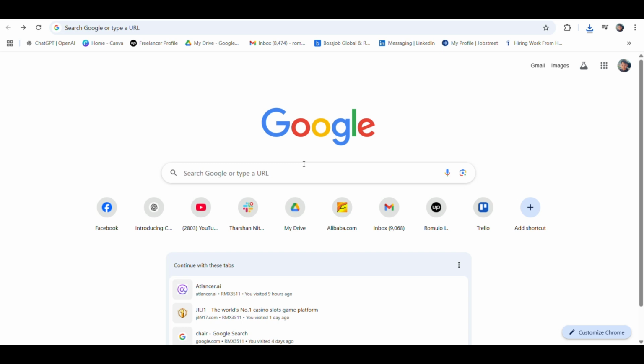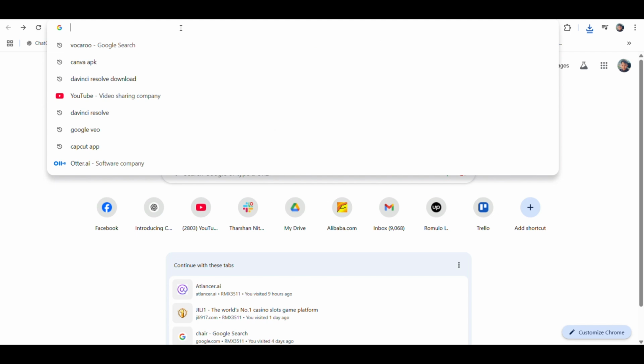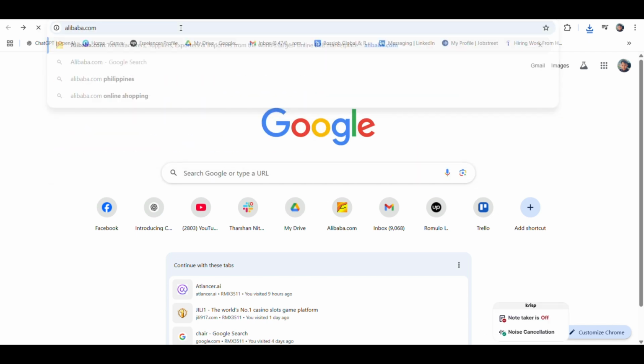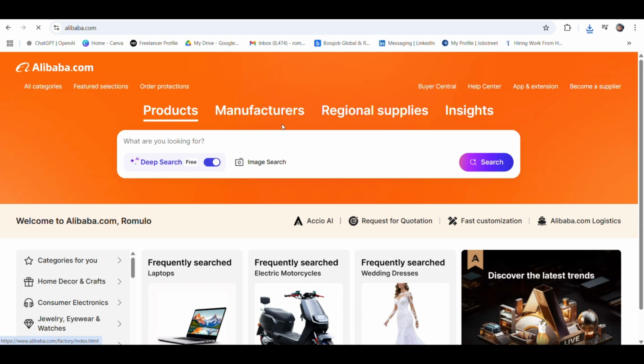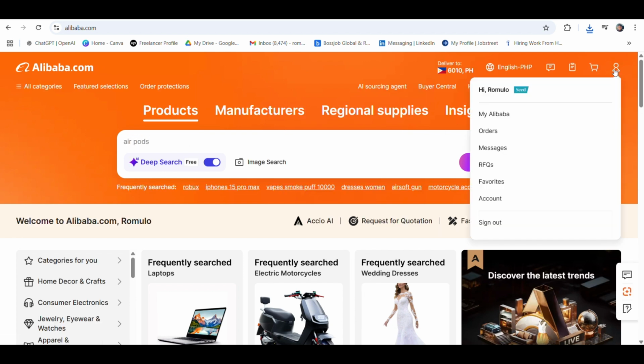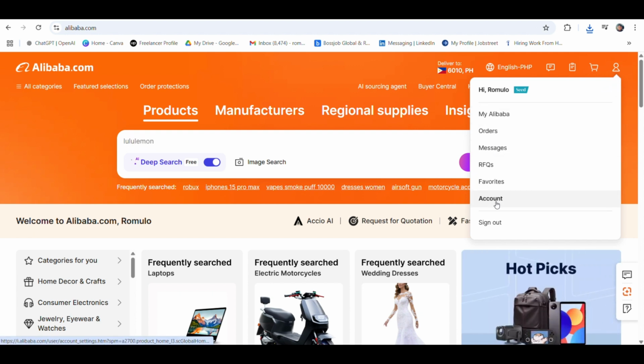I'm going to show you how you can delete your account on Alibaba. So the first thing to do is to search alibaba.com, and then once you're logged in, go to your profile, and as you can see here, there are many options. Go to account,